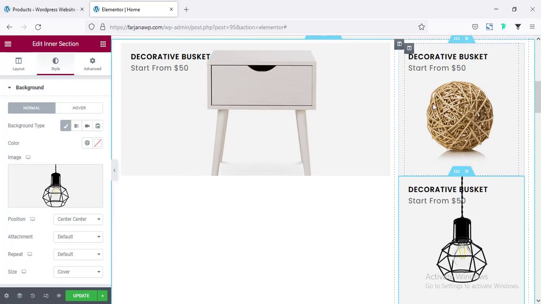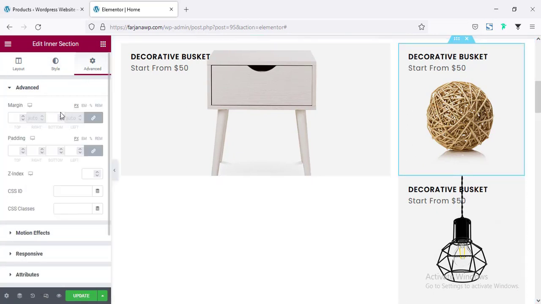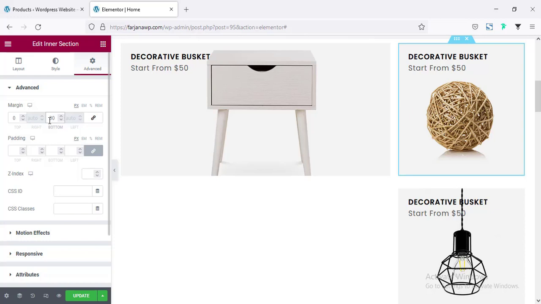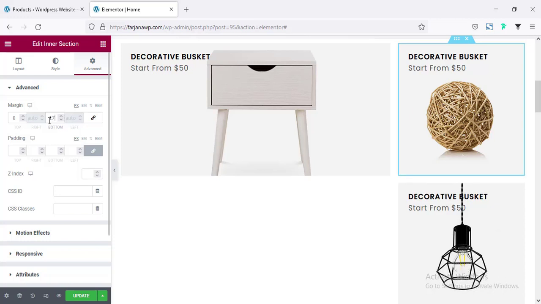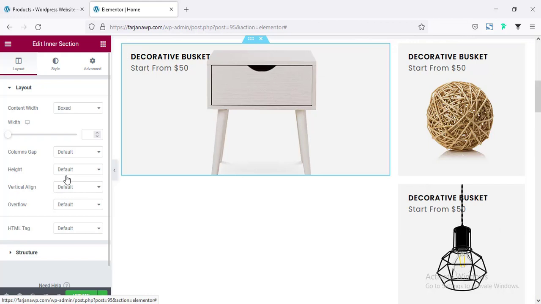And finally here we can add some spacing between these two. So going to the first one, going to advanced and margin bottom, so making it unlink, and for the bottom we can add 30, or I'm adding 20 pixels. And for the left side we can make any small changes. We can remove this background from this inner section,